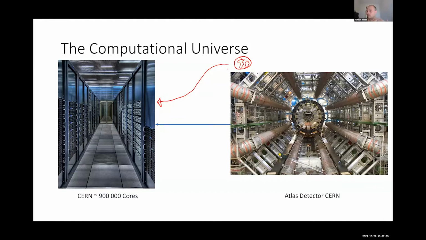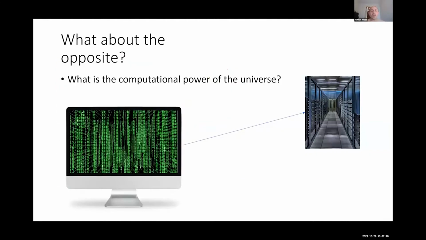So the real question is, well, what type of a computer would we need in order to not just simulate, say, the detector, but also simulate the complicated physics that's happening inside the collider, or future colliders for that matter? This actually raises the opposite question, which for me is the more fascinating one, and the one that drew me into quantum simulation in the first place. The question is, what if we view the universe as a computational device? What would its power be? And how can we leverage the inherent computational power of the universe?